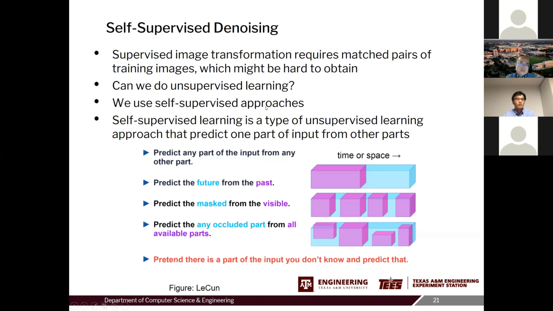If you are working on an imaging problem, you try to predict one part of the image from other parts of the image, so that you capture the correlations. We have recently been working on using this unsupervised method for image denoising.